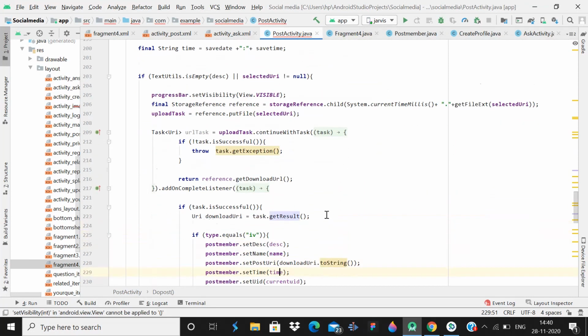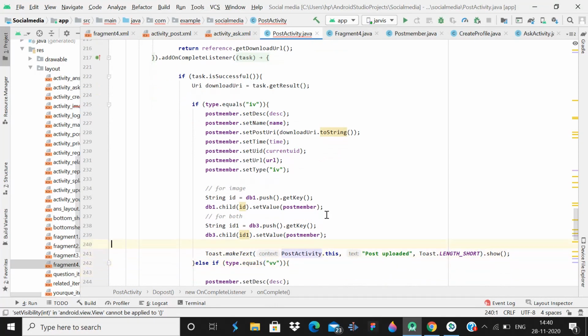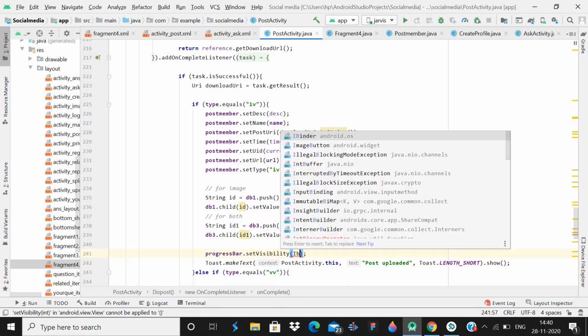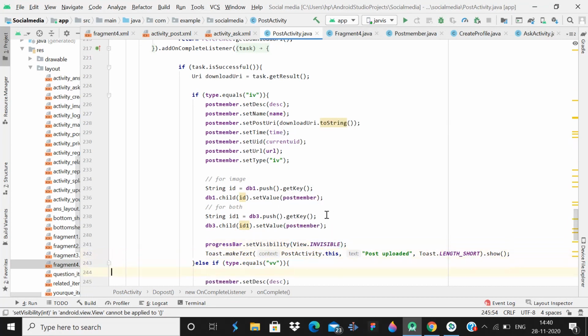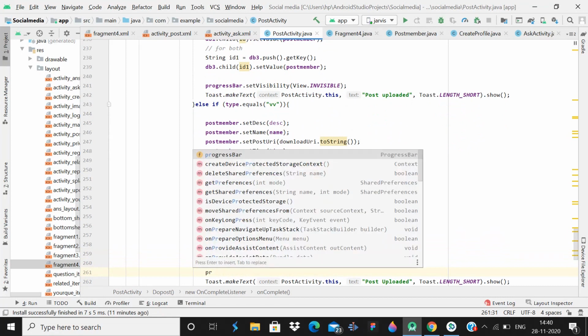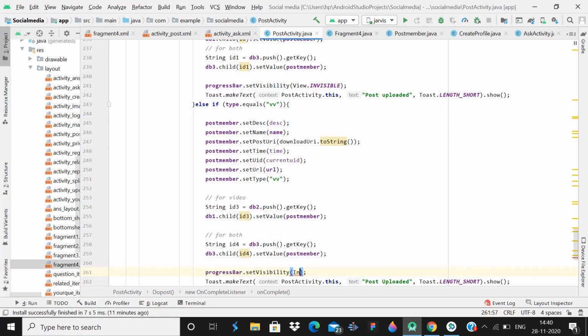And when it is uploaded successfully, progressBar.setVisibility invisible, understand? And also here progressBar.setVisibility invisible.